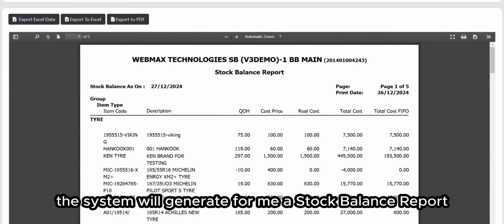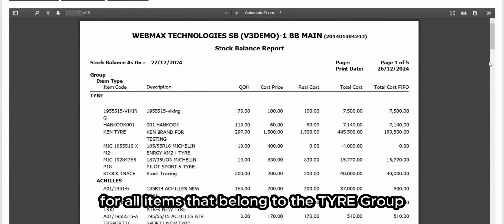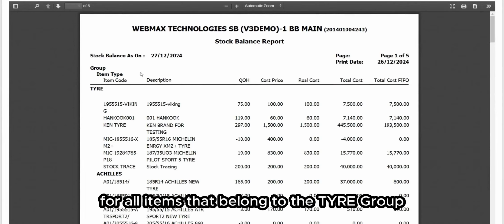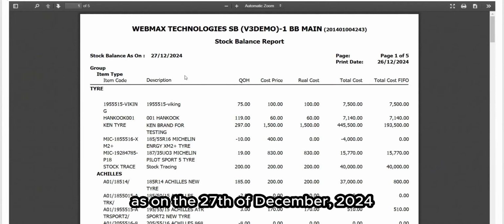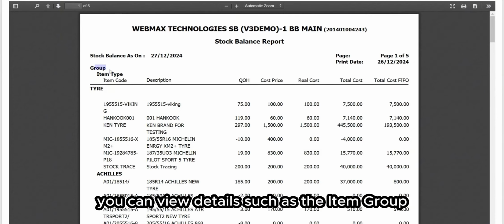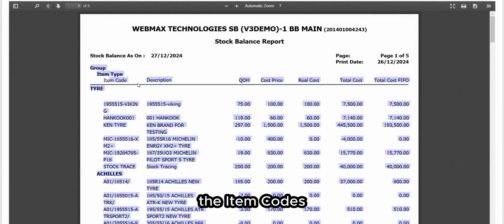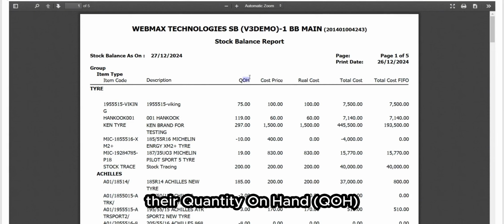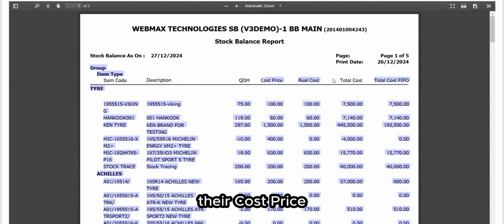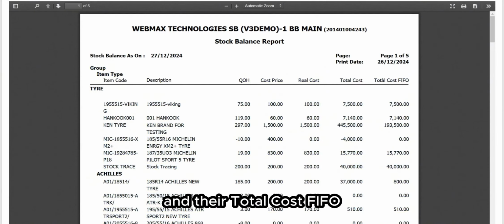As you can see, the system will generate for me a stock balance report for all items that belong to the tire group with their stock balance as on the 27th of December 2024. In this report, you can view details such as the item group, the item types, the item codes, description, their quantity on hand, their cost price, real cost, total cost, and their total cost FIFO, which is first in, first